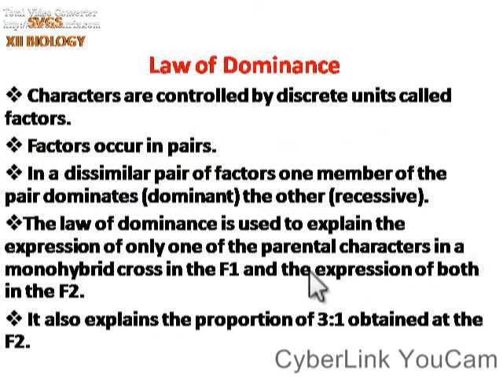So based on all these studies, he has proposed two different laws. Those laws are termed the laws of inheritance. The first law is the law of dominance. The law of dominance explains that the dominant allele will be expressed. If we have a combination of dominant and recessive, and a dominant allele is present, that particular character will be expressed. So he is explaining the proportion of 3 is to 1 in the F2 generation. This 3 is to 1 ratio is termed the Mendelian ratio.